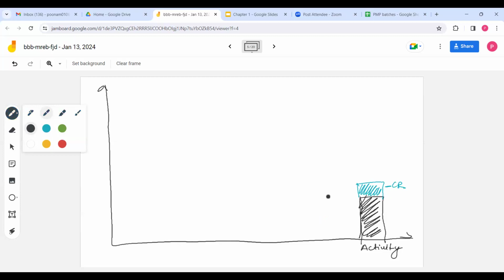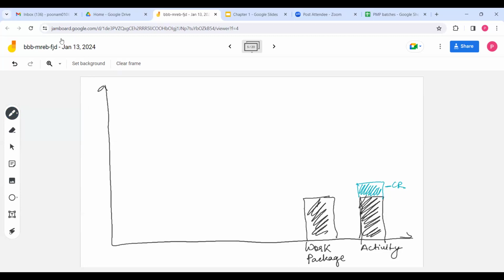This is your work package. On top of work package, we add contingency. Of this total contingency, when we add these two, gives you